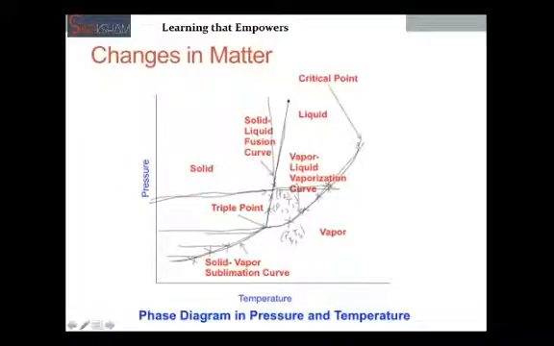Another point on this graph is this critical point. We said that this line is the locus of all the points where liquid water will transform into vapor. However, this line ends here. What that means is there is no point beyond this where liquid water will actually phase transform into vapor. At points beyond this point, which is called the critical point, the last point on this curve, there will be no phase transformation. In fact, beyond this point, it is not possible to differentiate between liquid phase and vapor phase, and hence this region is called the supercritical region.